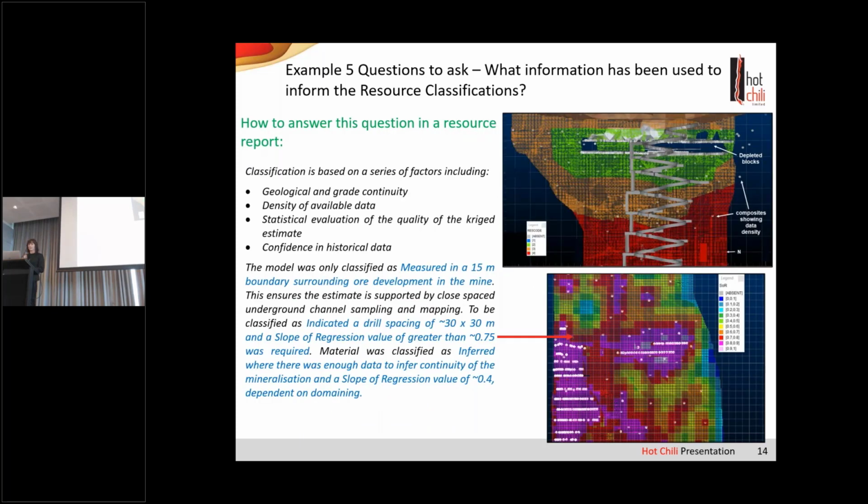What you can use instead is, again, the factors that we've looked at, including confidence in the data as well. That's an important one, but it's been made much more explicit. So measured within, say, 15 meters of ore development, indicated spacing relevant to the slope of regression, and this should obviously all be deposit specific as well. Having a picture of the slope of regression in the model is always helpful, and then the block model coded with the resource categories, with the data compared to it as well. It can always be helpful to have depleted blocks shown too, as well as any potential mine design. So it gives the whole picture to the engineers who are ultimately going to have to take this model and put a reserve on it, hopefully.